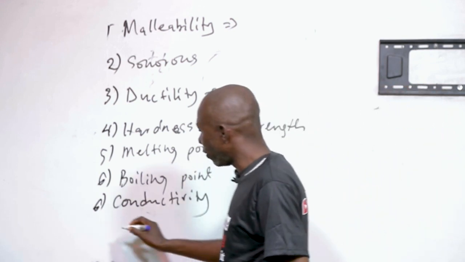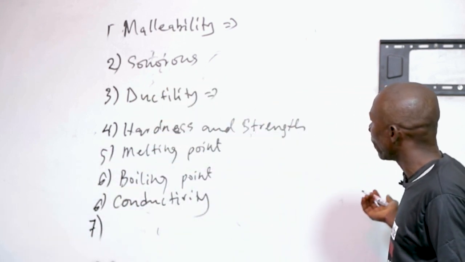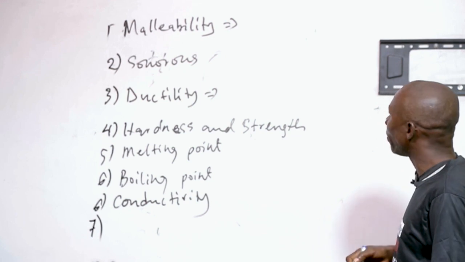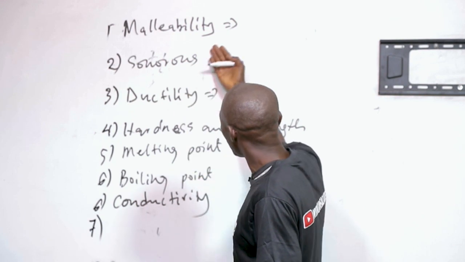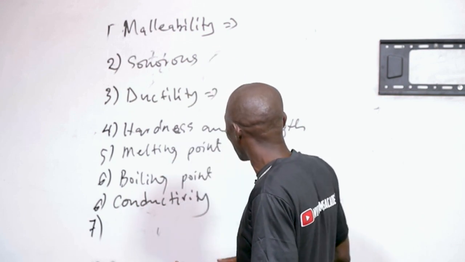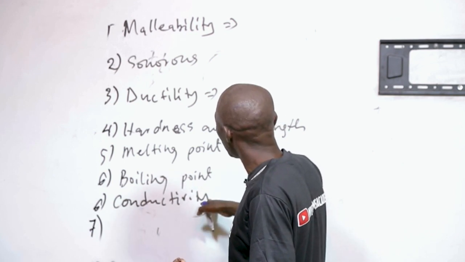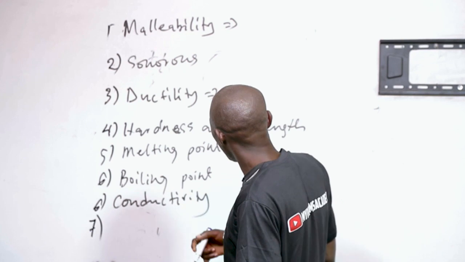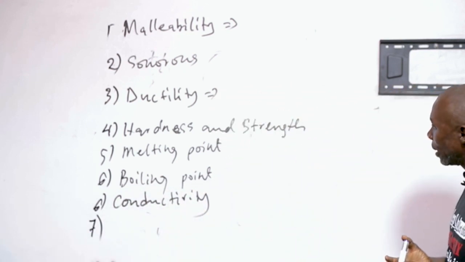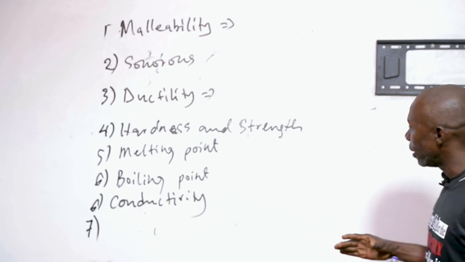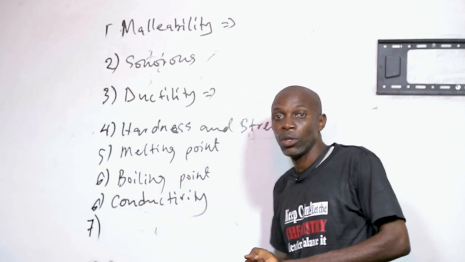So these are some of the physical properties. We've discussed malleability, sonorous, ductility, hardness and strength, melting point, boiling point, and conductivity. These are some of the physical properties of metals. Are you getting what I'm saying? So with these physical properties, we can also discuss